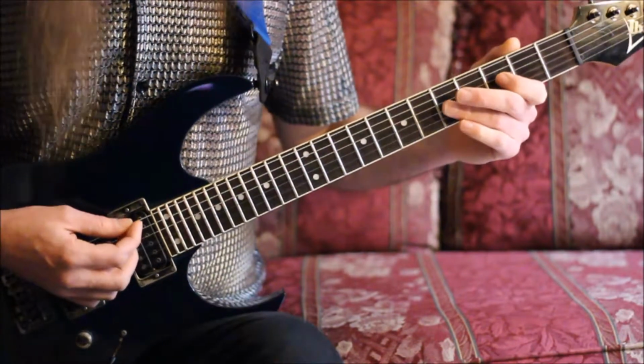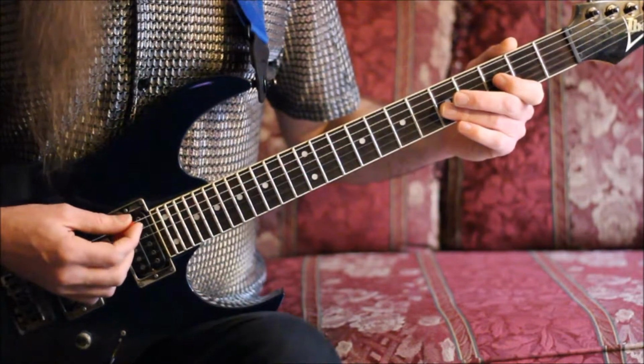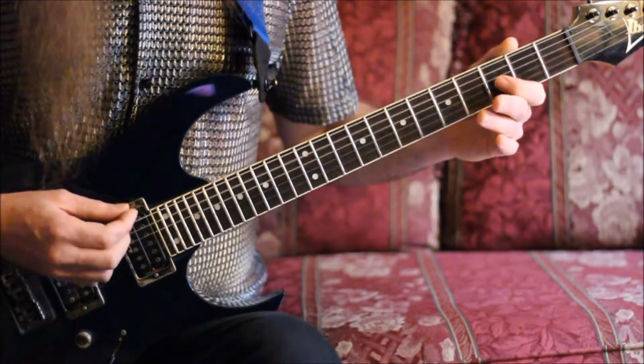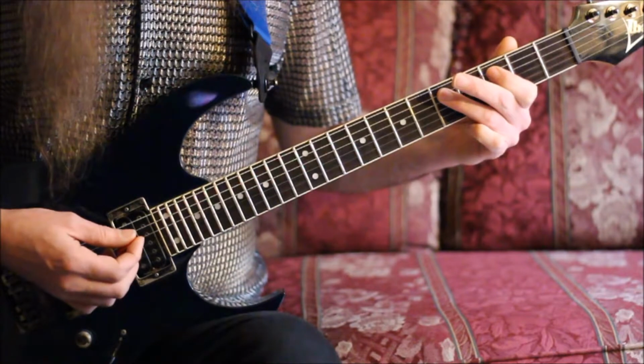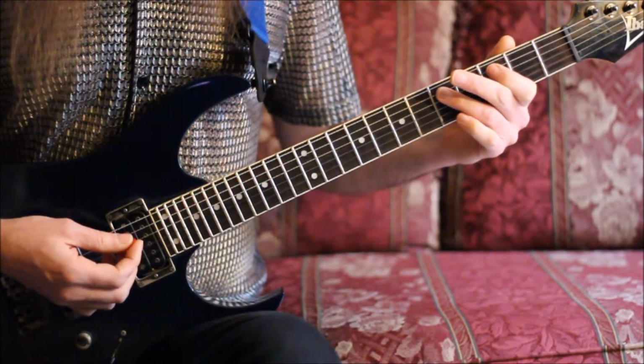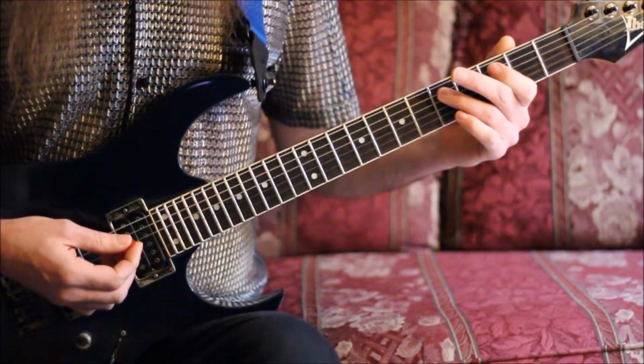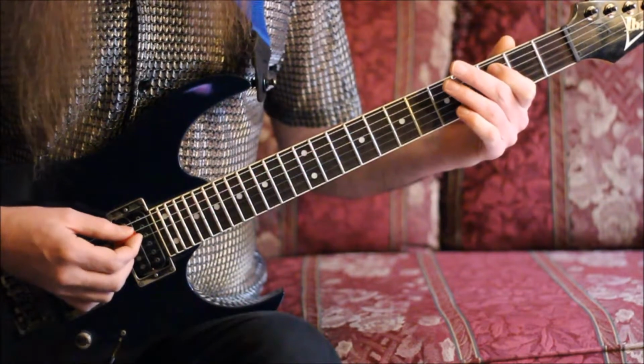With a 4 count lead in, here's what that first measure will sound like. 1, 2, 3, 4, 1 and 2 and 3 and 4 and. Now we start the second measure. This is going to be an exact repeat of the first measure with the exception of the last quarter of it. Instead of doing this on 4 and,